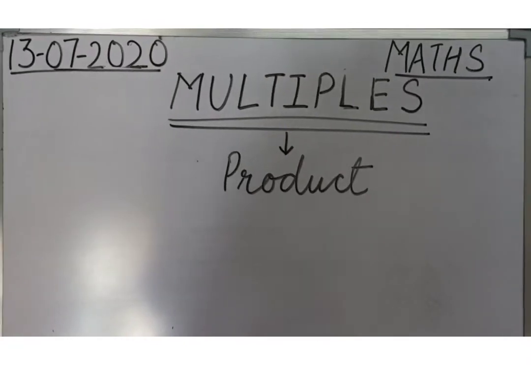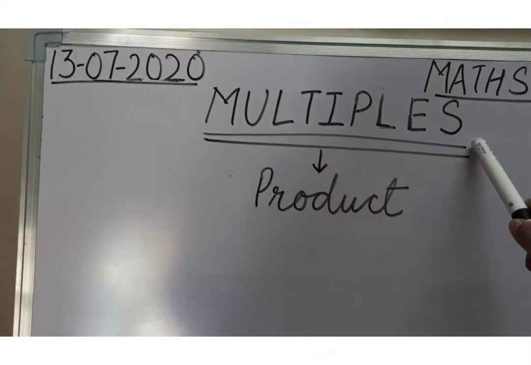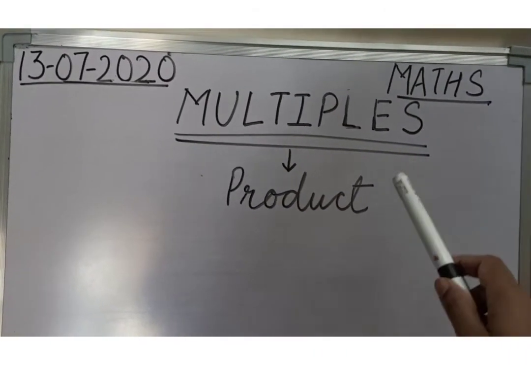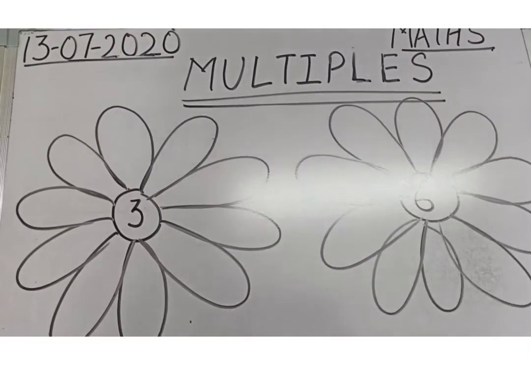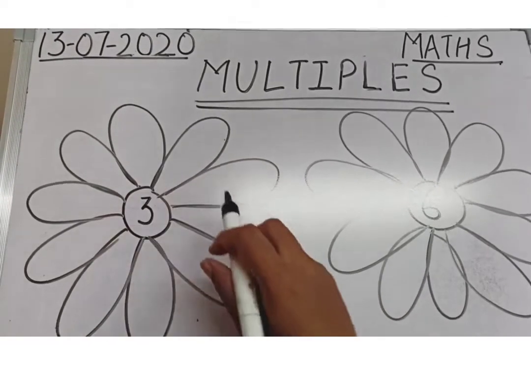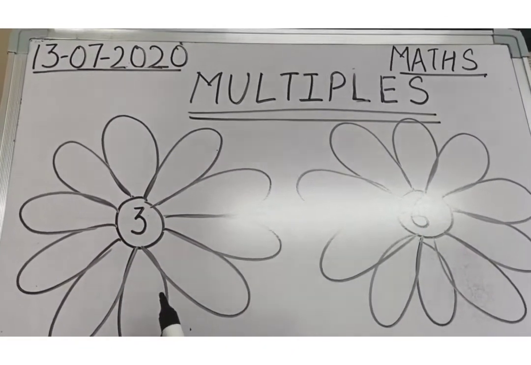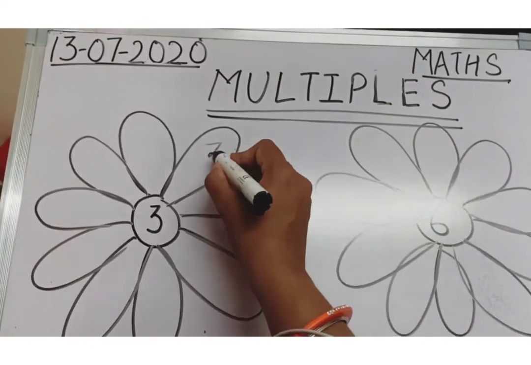Good morning, students. Today we are going to study the word multiples. And multiples means nothing but the product. So over here I have made a flower which has 3 in the center and 10 petals. And if I have to tell you the multiples of 3, it starts with 3 ones are 3,